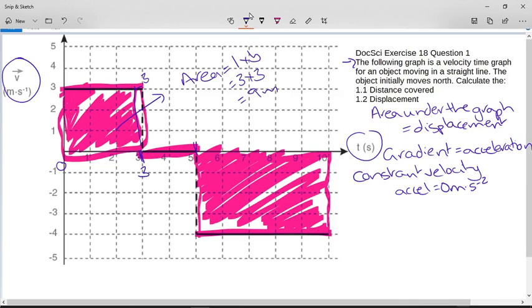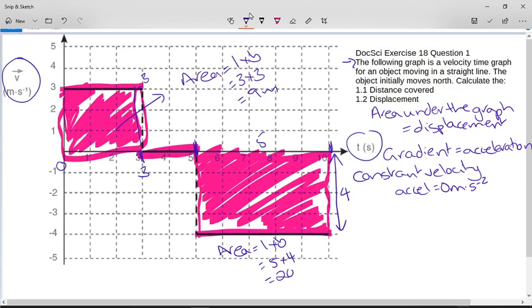If you look at the second section, it's from 5 till 10, so this value is 5, and this value is from 0 to negative 4. But because the first question asks for the distance, we can just look at this as a positive 4, and we can say the area here, because it's a rectangle, is length times breadth, which is 5 times 4,